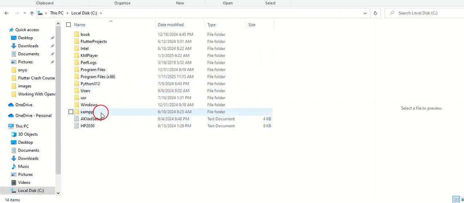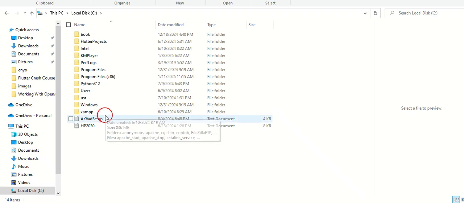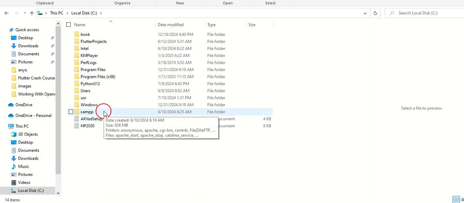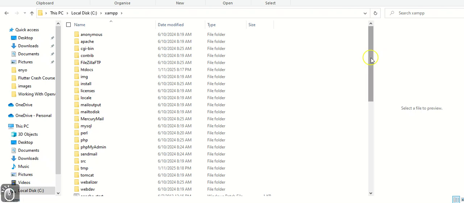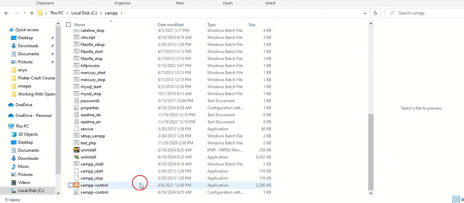Locate your Xamp. Any software that you install is either under Program Files or under Program Files (x86). But because this one is an external software, it is seen as a normal program, that's why it's outside here. Once you locate this, enter it. Even though you don't have it on the list, you will still see the Xamp control beneath it. Just copy it and paste it to create your shortcut, right?